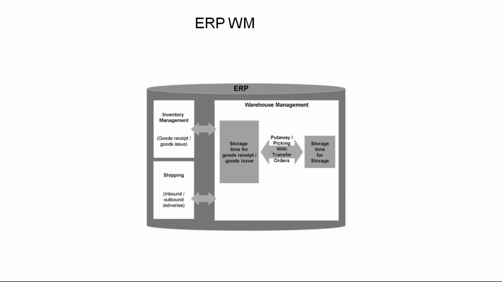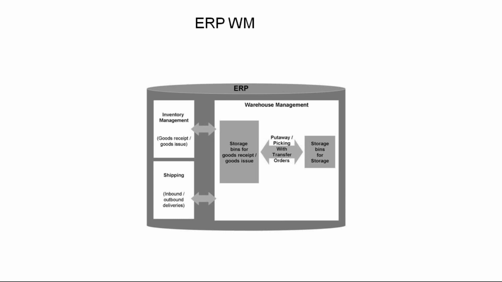Through movement type. Let's say I create an inbound delivery and input the material. I fetch all information from the purchase order, such as material, plant, storage location. In case the storage location is maintained in the purchase order, that storage location will be pulled over to the inbound delivery. Otherwise, you can maintain the storage location in the inbound delivery, so that the system identifies that this particular delivery is supposed to be executed in WM.